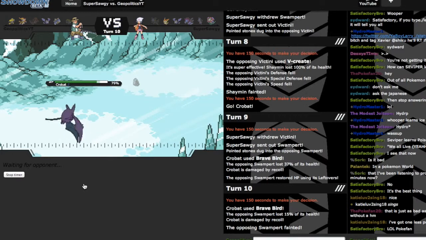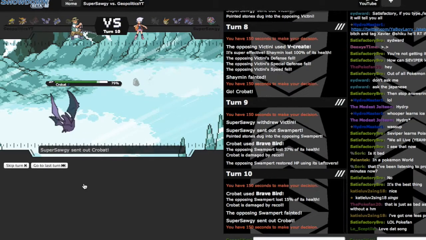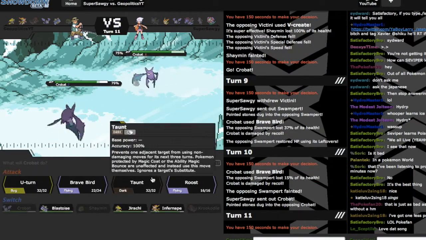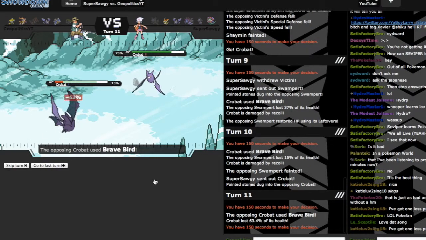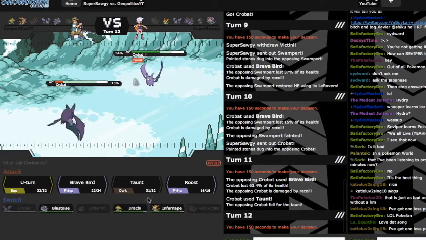I'm expecting him to go out into his Victini right now and go for the Zen Headbutt if he has it, or he's going to go for the Bolt Strike. But he ends up going out into his own Crobat. I'm just going to taunt him and prevent him from defogging the rocks away. Which, he just goes straight away for the Brave Bird. That does a lot of damage to me, so he's not going to be able to remove the hazards now,